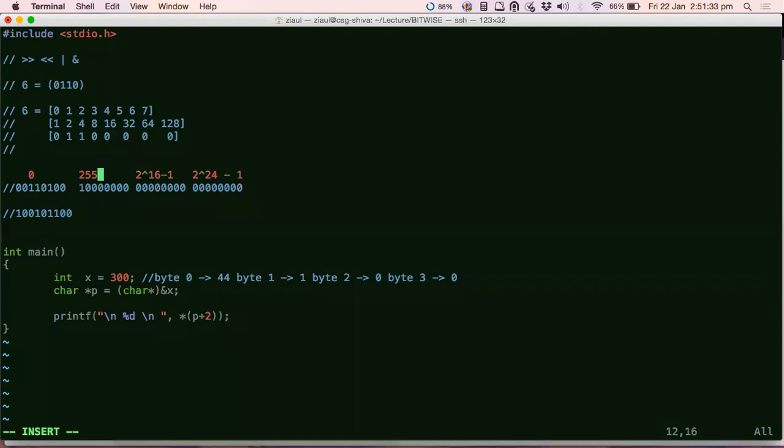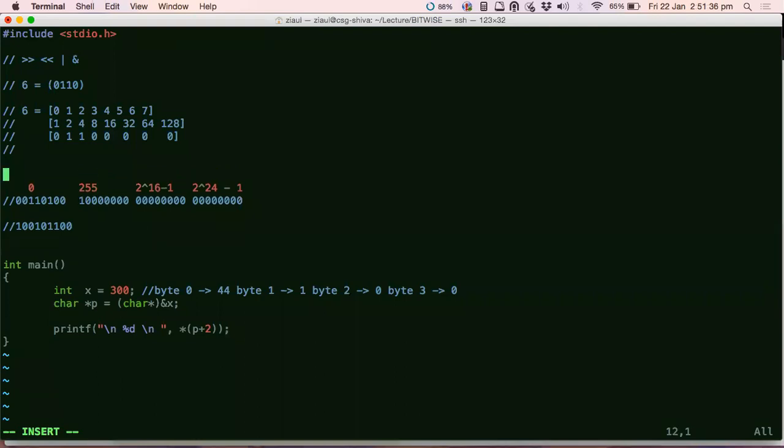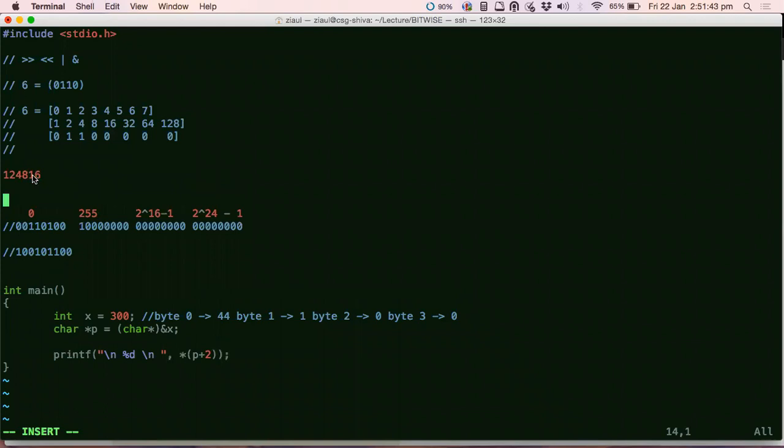So what we are doing with the bytes, right? We are giving some values as in 1, 2, 4, 8, right? Whatever we are doing with the individual bits, you are trying to do the same thing with the bytes.